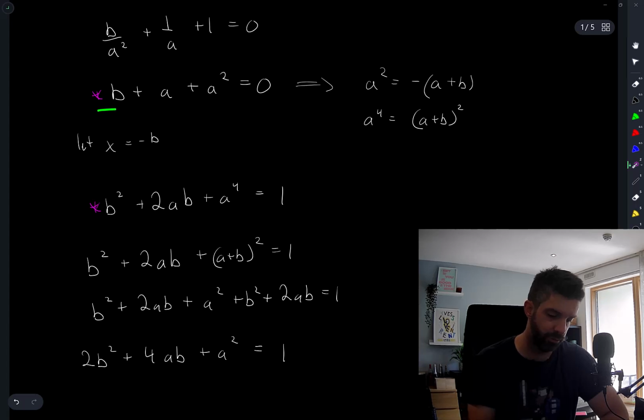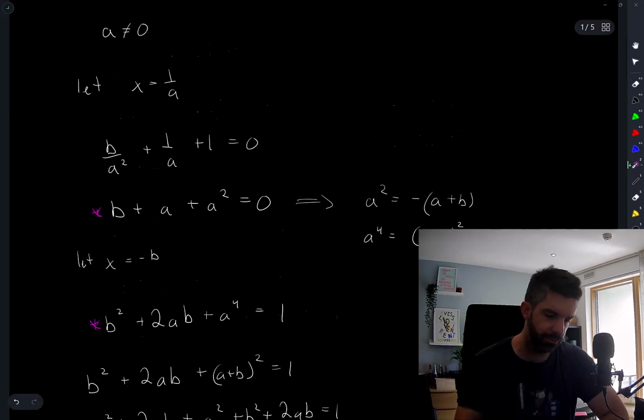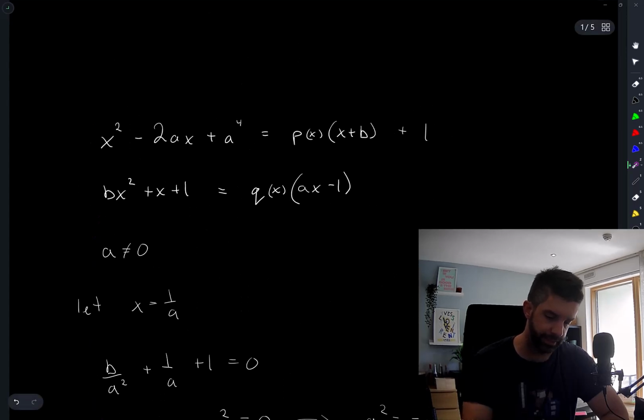I mean, we have two equations in a and b, so in theory we can solve for those. But maybe there's a nicer way of doing this, like we might be able to figure out